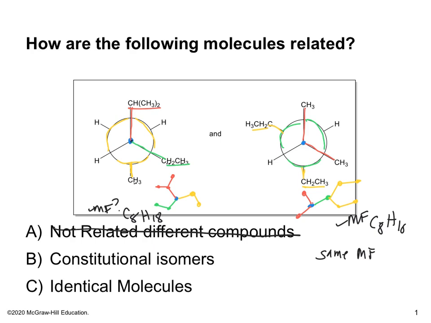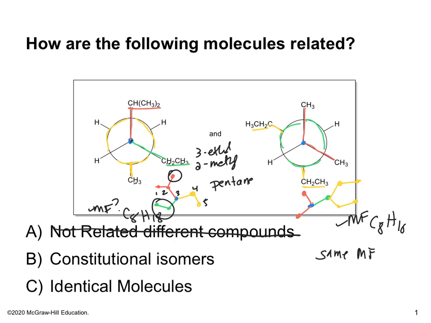And now I would do the naming, and that's also a nice review. So you find your longest chain, 1, 2, 3, 4, 5. So this is pentane, and then we have substituents coming off of the 2 and the 3. So 2-methyl, 3-ethyl,